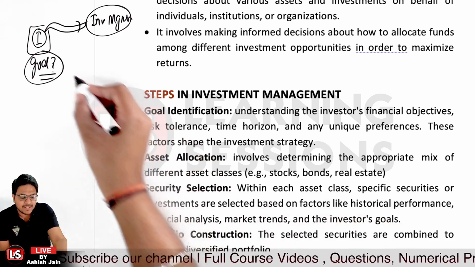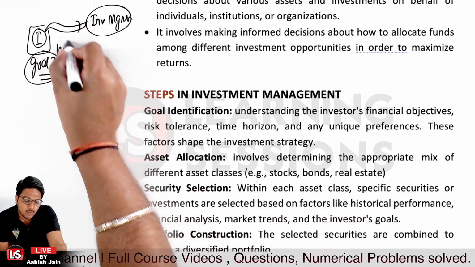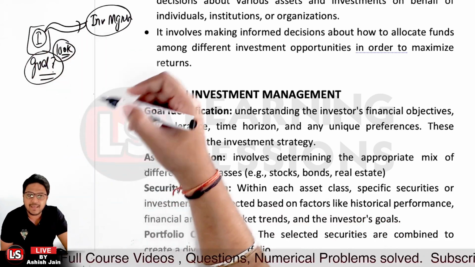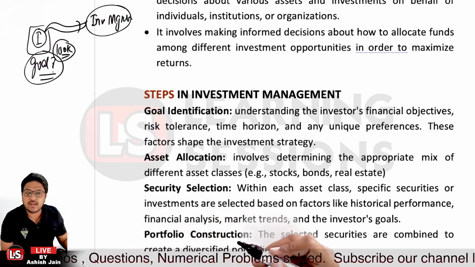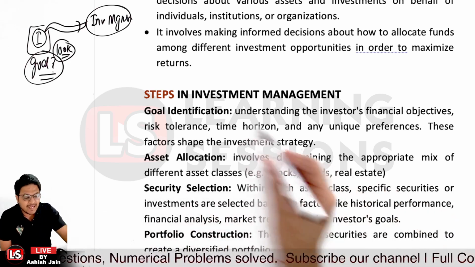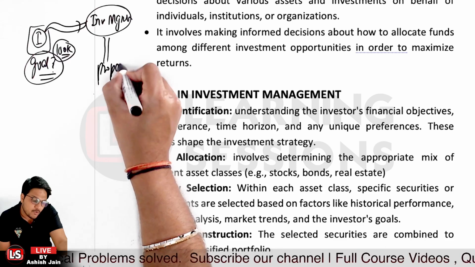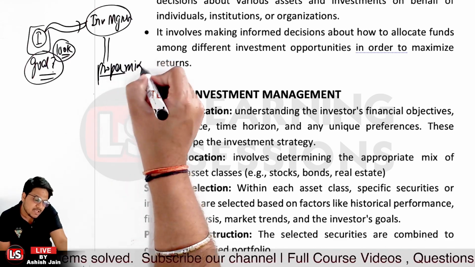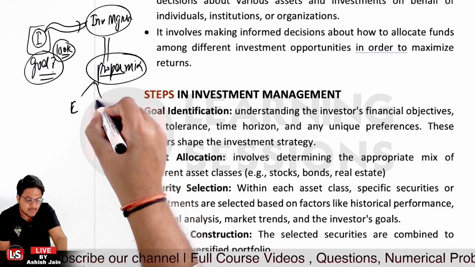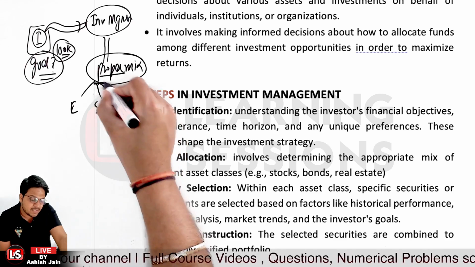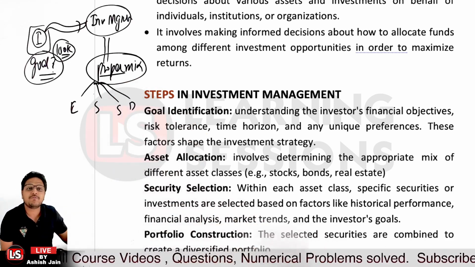In another case, let's say I said that I want to invest 100k, and particularly I want capital appreciation. Based upon that, they will allocate this amount into different assets. They will have the proper mix. Like I told you, they won't invest in just one particular thing, but in different things. Let's say they invested some amount in equity, some in stocks, some in securities, some in the debt part. So they invested the amount into different things, right?